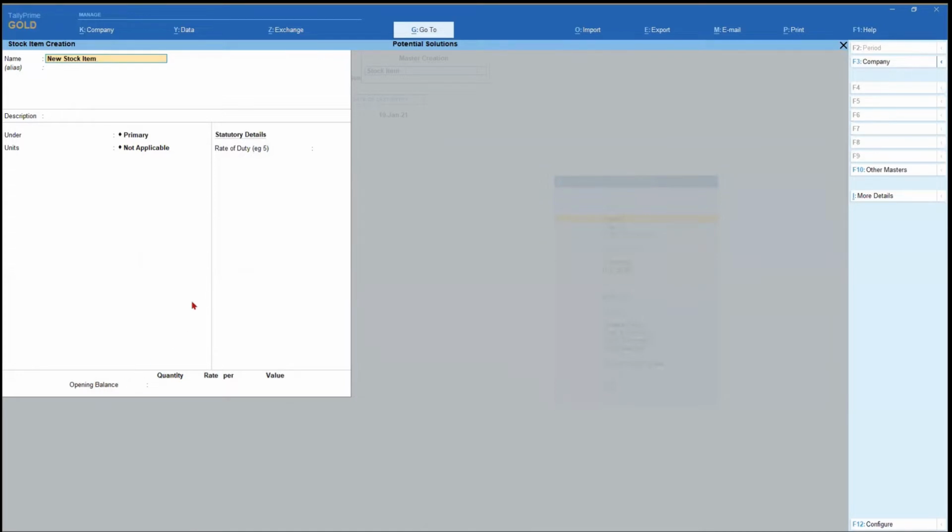So normally, when a user is shifting from whatever legacy software they are using, or they are using a manual system for maintaining their inventory management, and now they are shifting to Tally, it's an existing running business. So they might have opening balance.